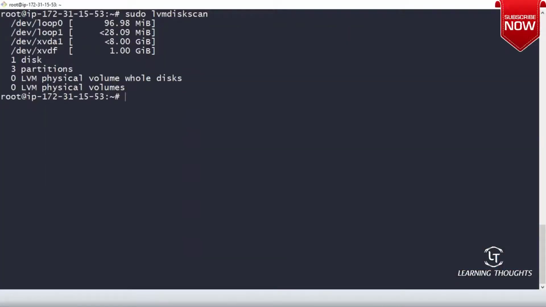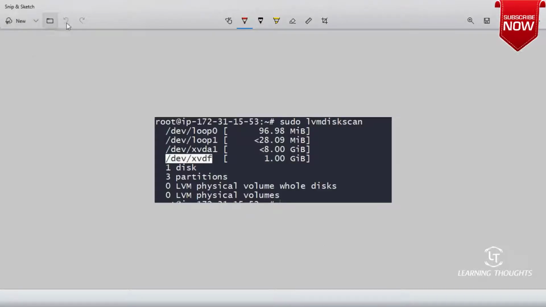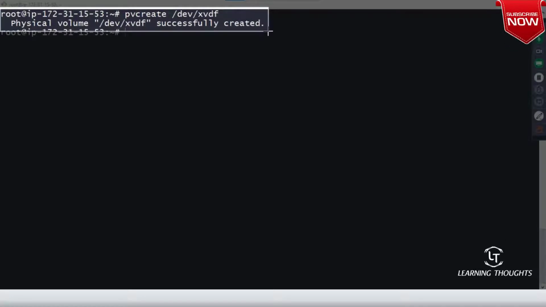So let me go over here and say pvcreate /dev/xvdf. I can add multiple devices at one shot also, but that's okay.